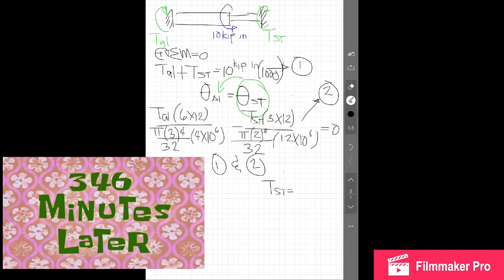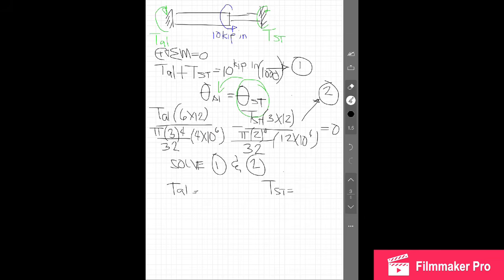And 46 minutes later. Okay, so ano lumabas sa inyo? So, for the aluminum, ano lumabas sa akin is 45.76.2712 sa pound inches. And for the steel, so we have a value of 5423.7288 pound inches. Okay, so since we have now the value of the torque, so we can now solve